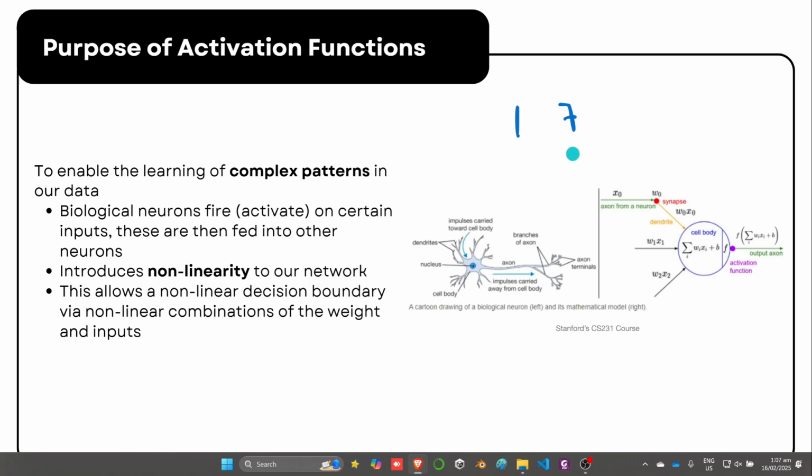But those are minor differences. If you think about the way our mind actually knows that it's a 7 and a 1,